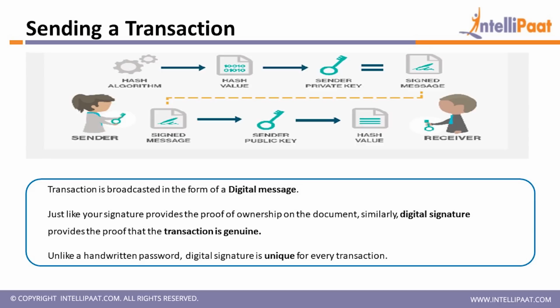Now, this hash value is regenerated at the receiver end and checked to see if it is the same as the hash value that you already sent with your information. So this is how sender and receiver maintain the integrity of the message: by hashing the data they are sending over the network, by signing with their private key and deciphering with their public key, and then guaranteeing the information by using